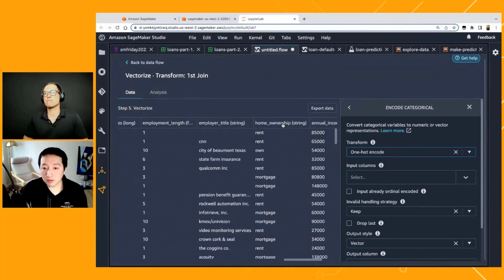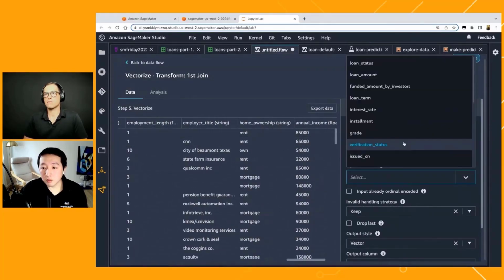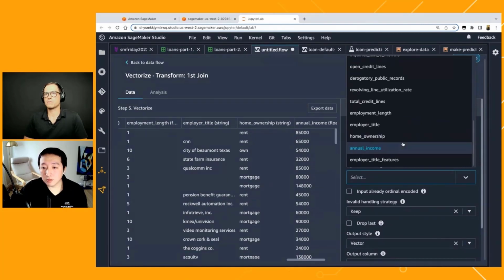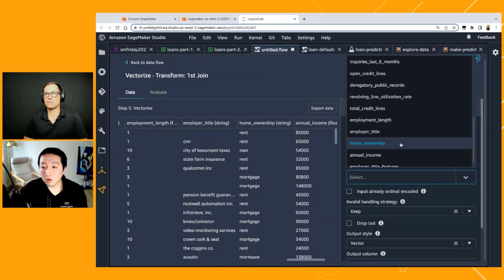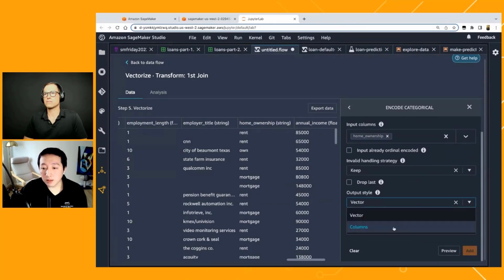Let's transform this using one-hot encoding, and what it does is one-hot encode this column into multiple columns. Again, you can choose vectors, but let's just show what the output style of columns would look like.